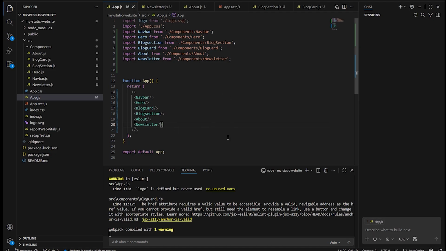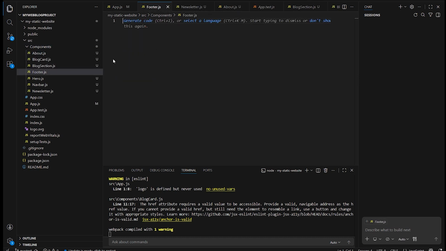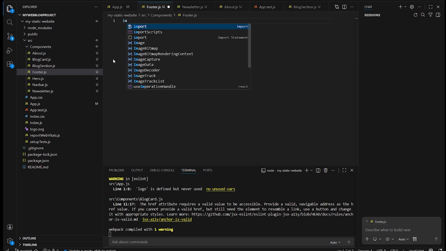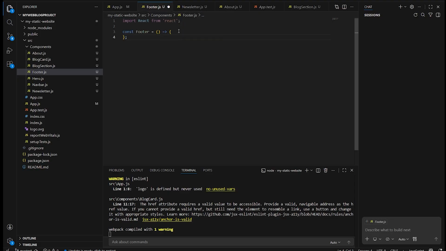So this component allows you to subscribe to blog updates, and that is basically the purpose of this newsletter: build an email list and send updates when new blogs are published. Last but not the least, we have one more component. We create the footer component here, footer.js, and the same thing we have to do here: import React from React, and then const Footer,